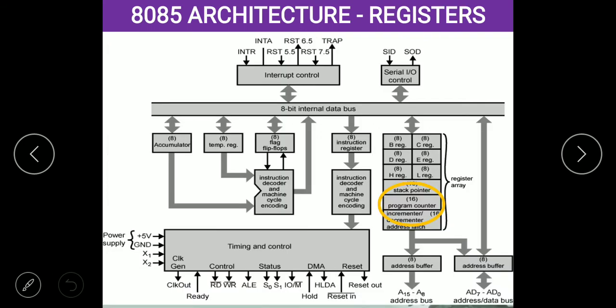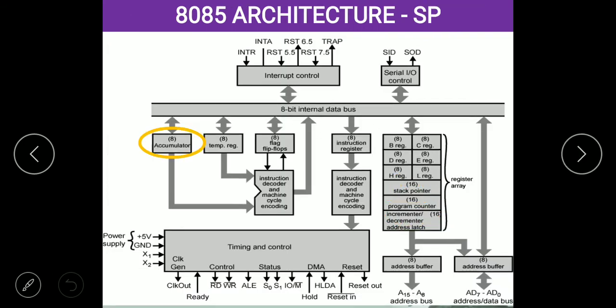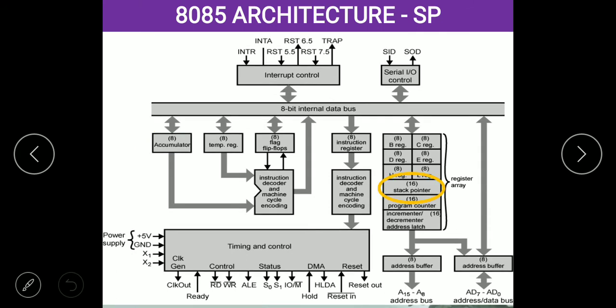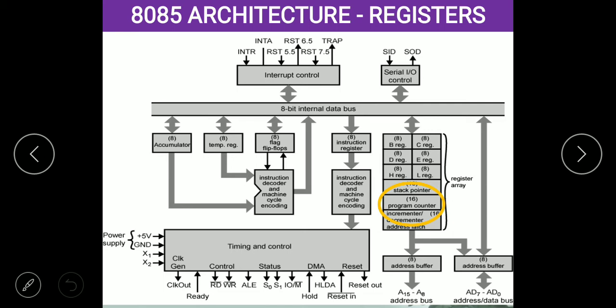Next we discussed the program counter. What does the program counter denote? The program counter tells the processor which instruction has to be processed and in which sequence it has to be processed. Whatever address is stored in the program counter, the processor reads that address, reads the instruction at that address and executes that instruction only. The processor will not bother about anything else. So that is what we call the program counter.